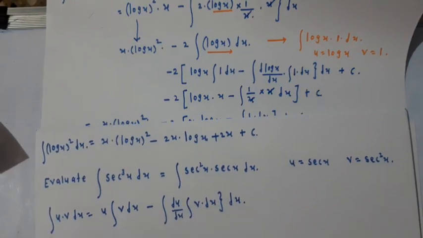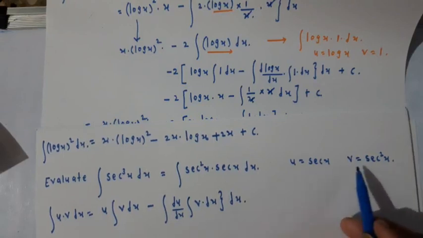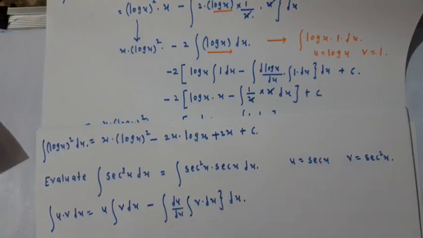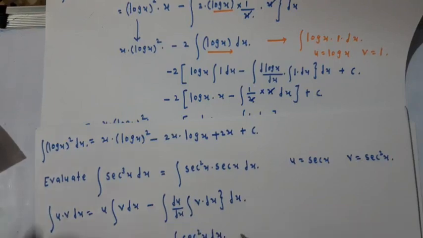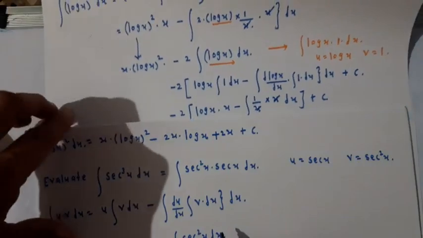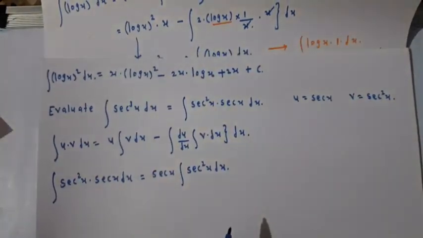Now let us consider the integration of sec square of x into sec x with respect to x. So we have considered here that u is the sec function. So the sec function is outside the integration, and v is the integration of sec square of x with respect to x, and that is equal to